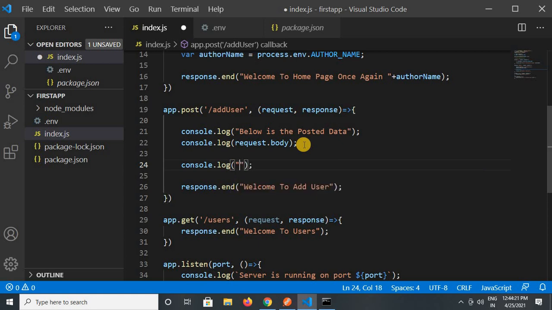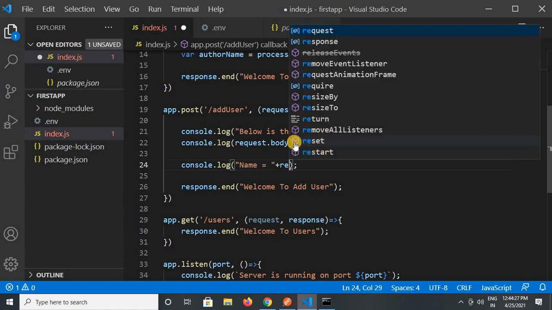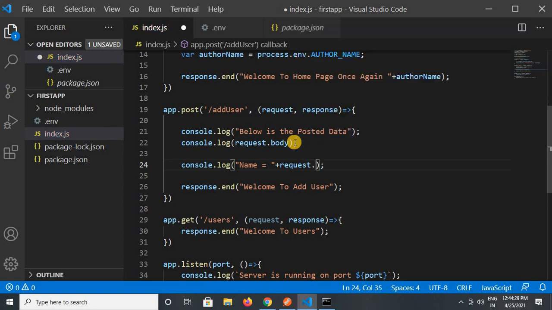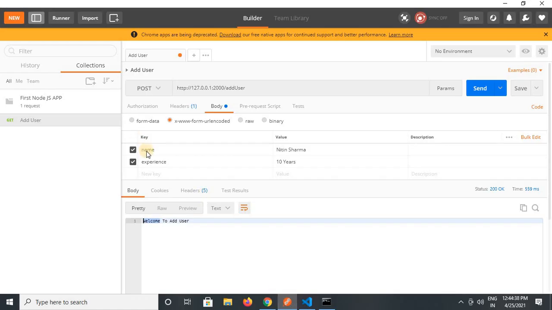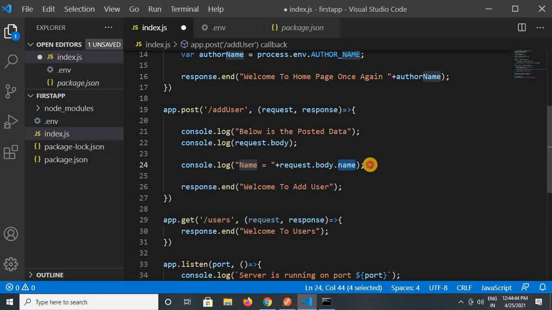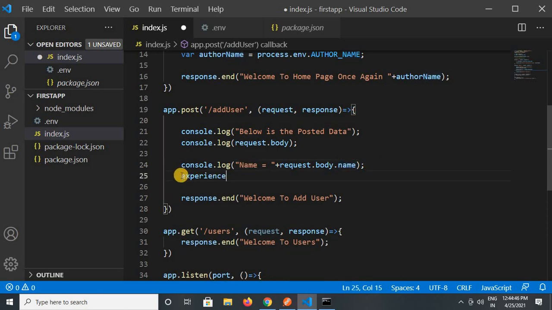Suppose I want to use name, then what I have to do, I have to just use request dot body dot name, which is basically the variable name which I am using here, and another one is the experience which I am using, so I will display that as well,